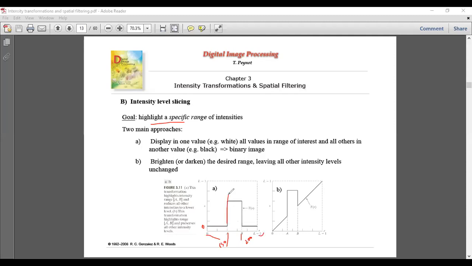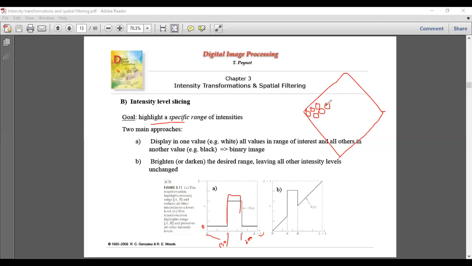All values between. Now say there is a heap of lemons, and you want to use image processing to tell how many of them are ripe, how many are overripe, and how many are unripe. So how do you do this? By the way, you take a black and white picture.